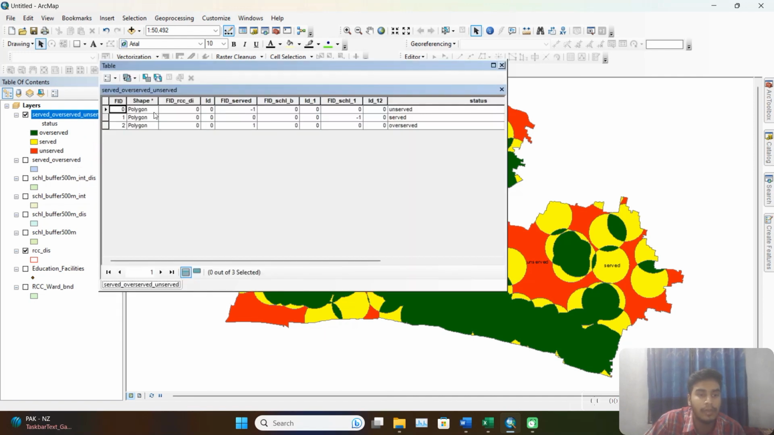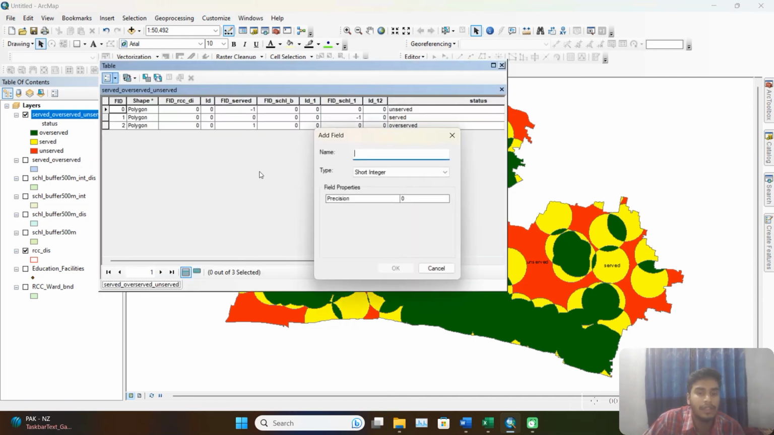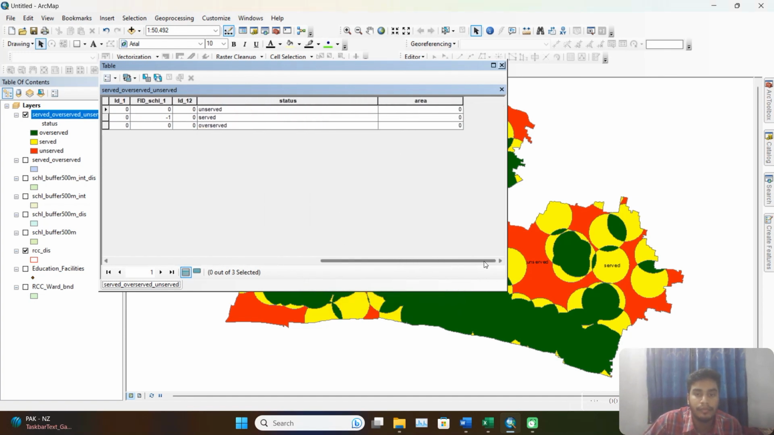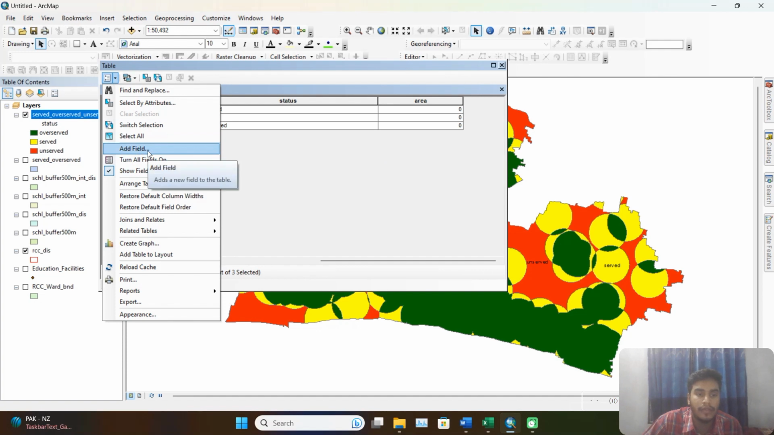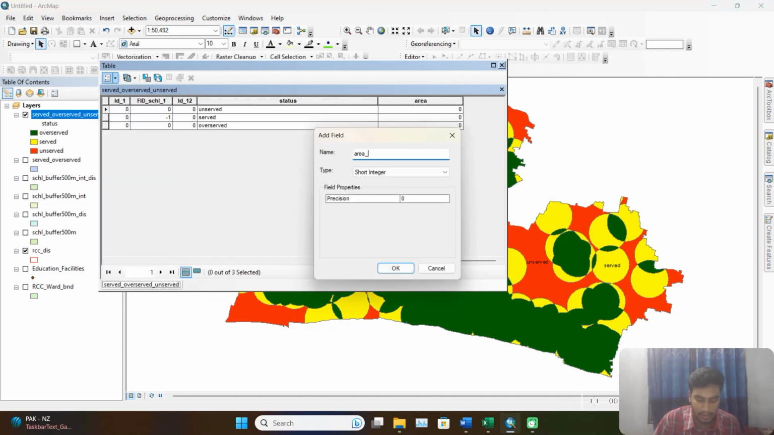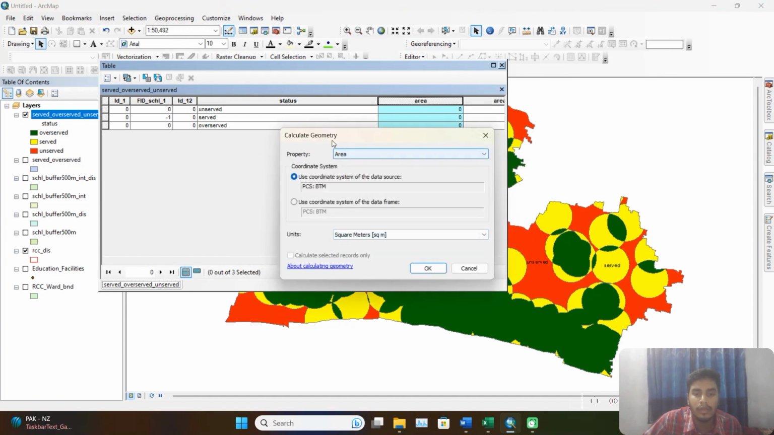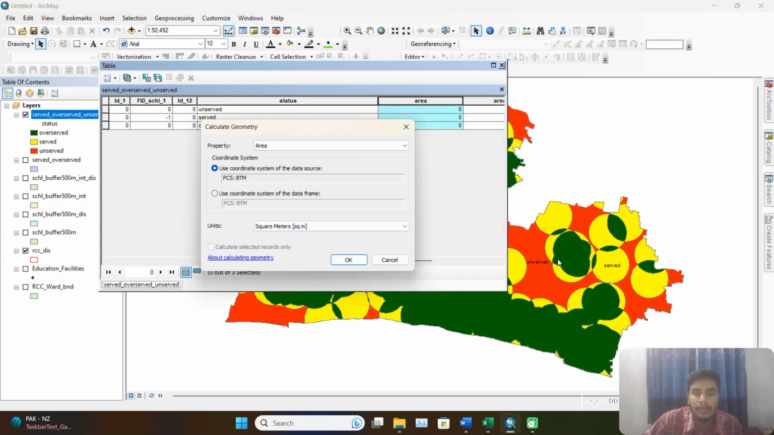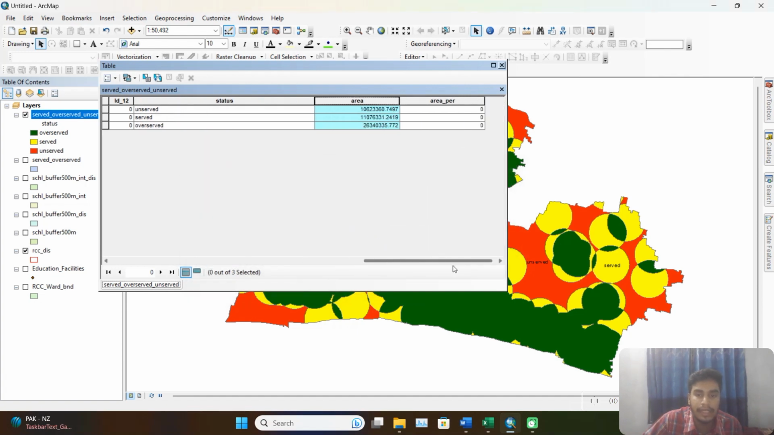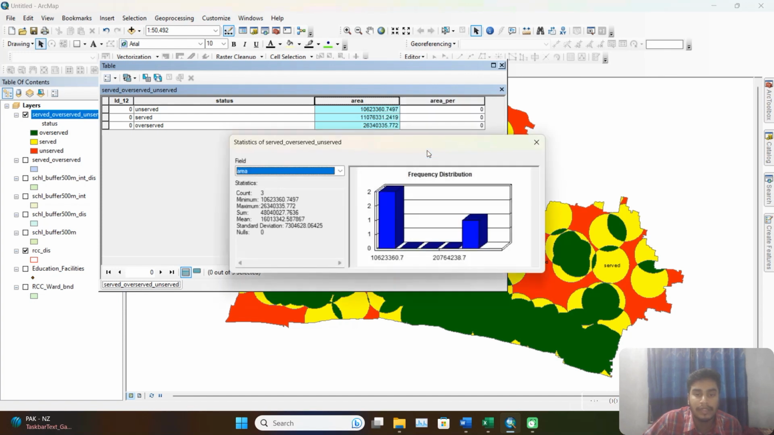So you go to the attribute table again, and we're gonna add another field which is named area. We're gonna give it a double. We're gonna hit OK. Again we add a field, and it will be area percent. The area will be calculated with calculate geometry, and we'll calculate the area of the served versus unserved area. We'll maintain square meters. Hit OK. Now yes, the area has been calculated, so from statistics, we have to copy the